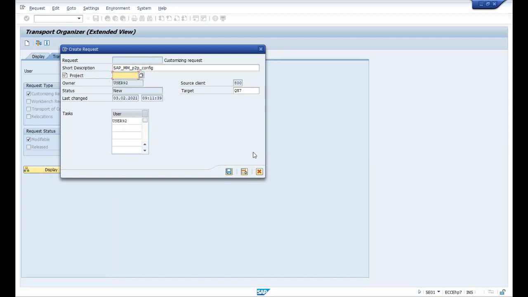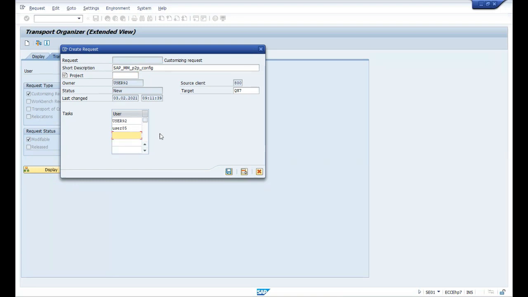The source client is always your golden client or development client, where you are generating the TR, where you will be saving the development data, or doing the development. The target system is the quality system. You can also assign multiple users, task users: 1 user, 2 users, 3 users, 5 users, however many developers will be working under this TR. You can assign those also. So assign one extra user, click on the task user and try to add another user. If two task users are there, then 2 child TRs will be created, and we have discussed that yesterday also. Try to do only two.